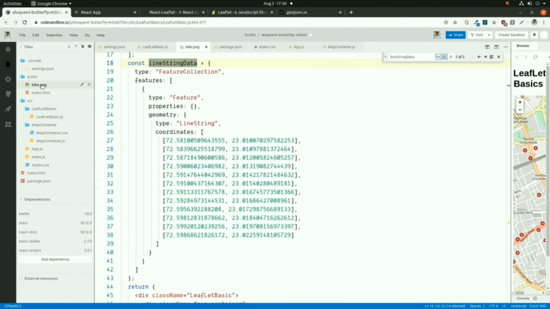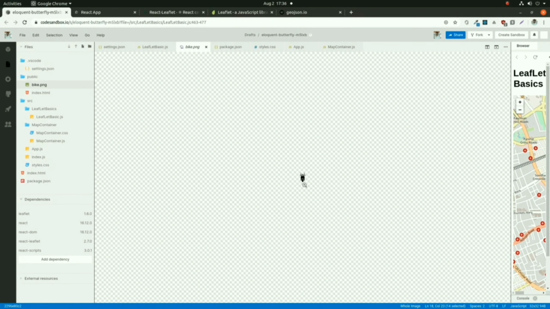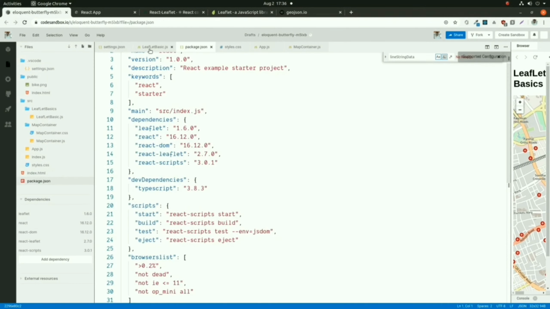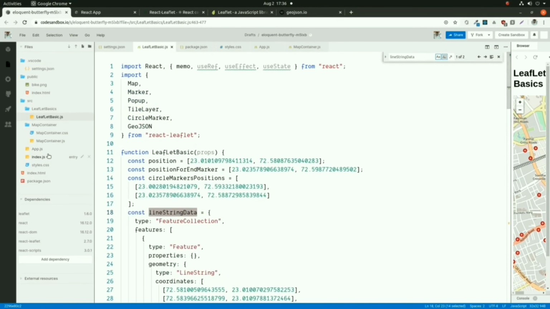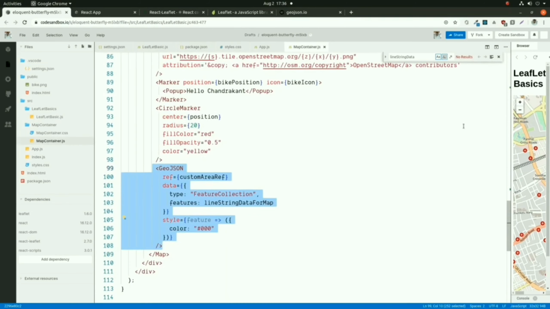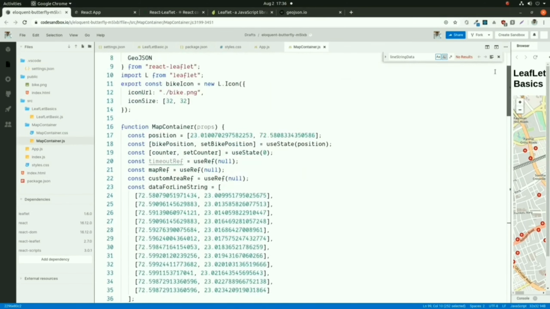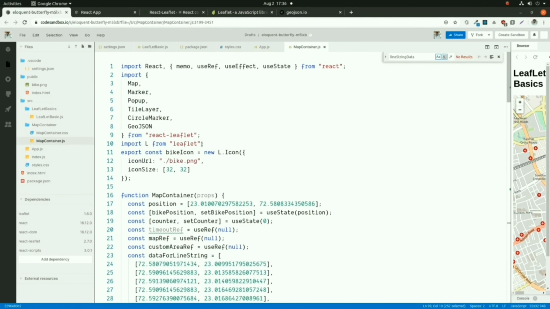Now let's see how to take a custom icon inside the map. So this is the bike icon. Now I want to put that bike icon as a custom icon in my map. So you can use this custom icon inside the marker.